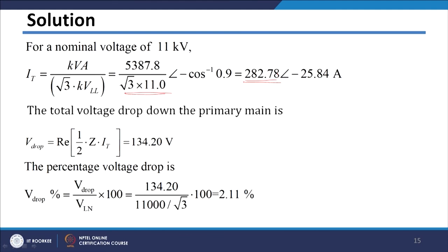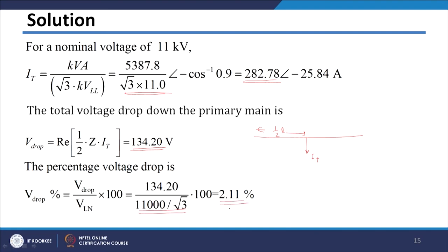Then similarly, if you calculate voltage drop in the primary main, again here that same lumped model is used, where total current is lumped at 1/2 distance, and the voltage drop comes out to be 134.20 volts. And if you calculate percentage voltage drop by dividing it by nominal line to neutral voltage, it comes out to be percentage drop